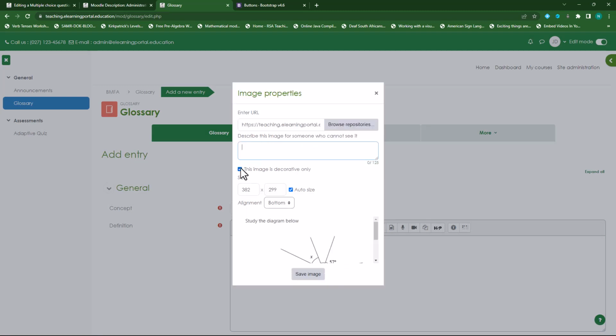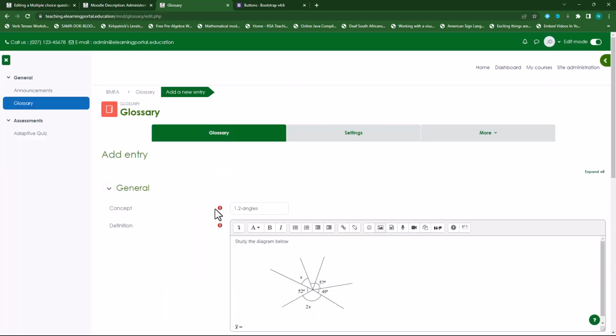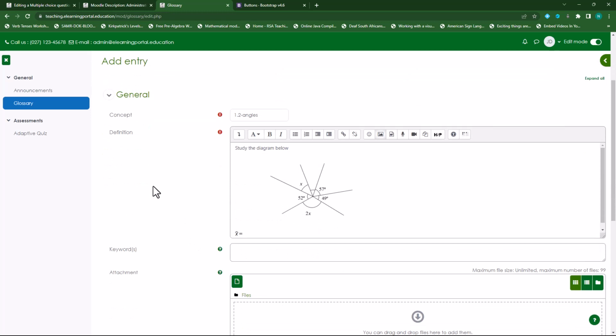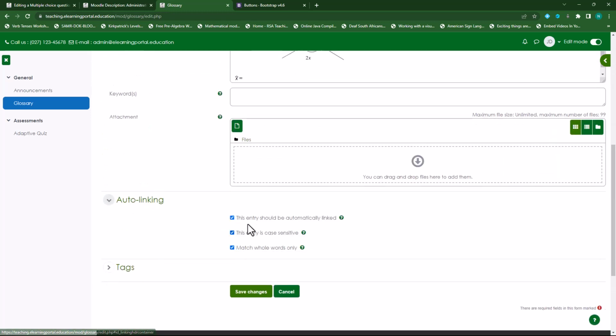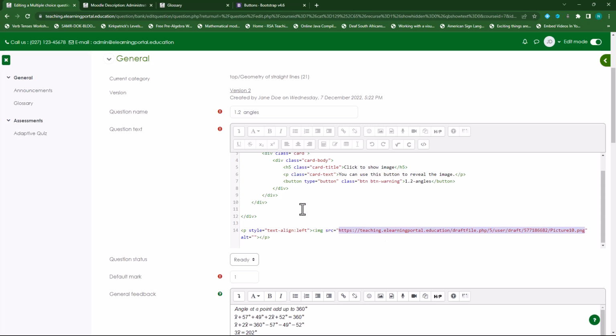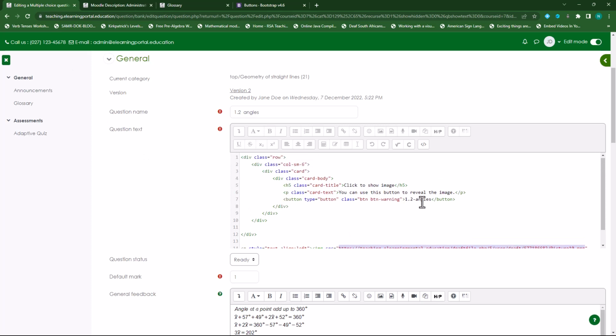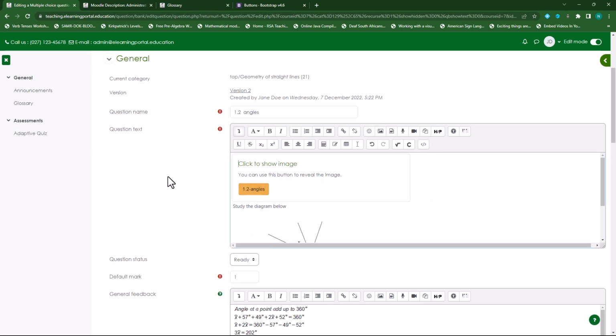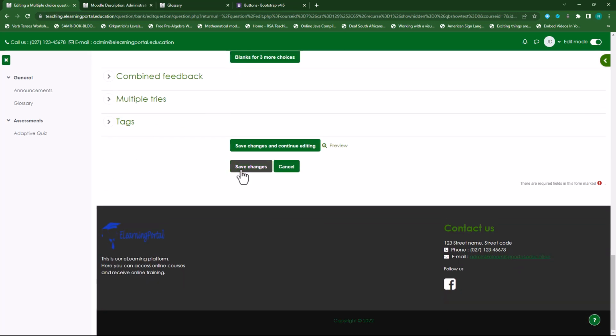For now, I'll leave this checked. There's my image. I'll click on save, and this will add my image to my glossary. I'll make sure that all the boxes are checked here, and I'll click on save. If I go back to my question now, so there's my question. It's set to that. If I go back, you'll see angles. If I save now,